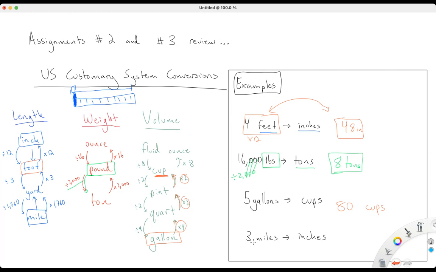And then likewise, our last example, we're going from 3 miles. So let me just circle that, miles way down there, to inches, which is way at the top. So we have to do exactly what we just did over here with our gallons to cups, and we have to count all 3 of the conversions here on the right because we're going from a bigger unit to a smaller unit. So therefore we're multiplying. So miles to inches, it would be 3 times 1,760,